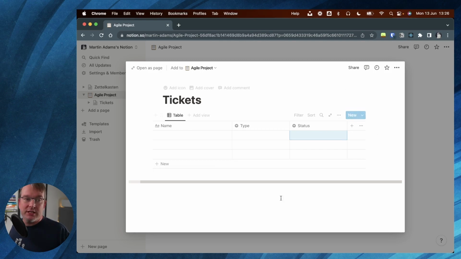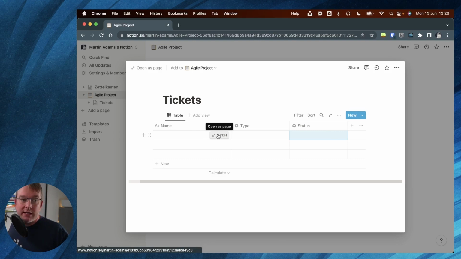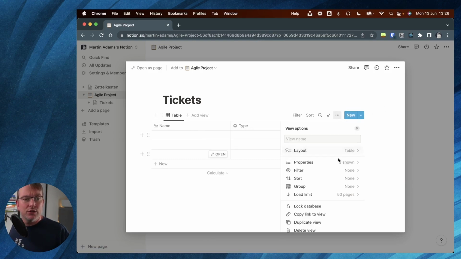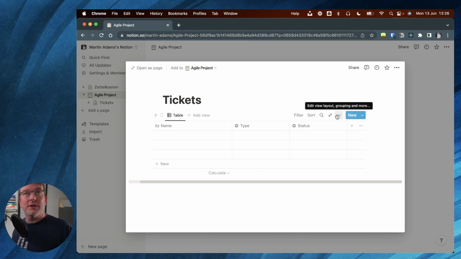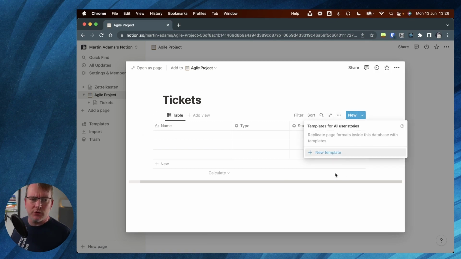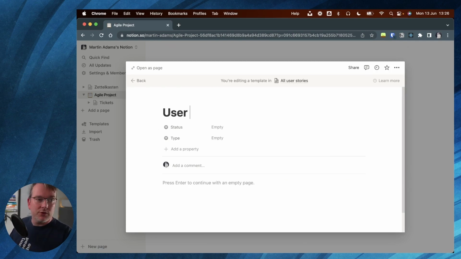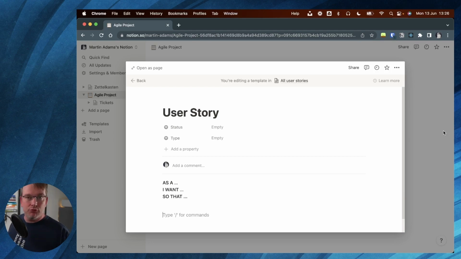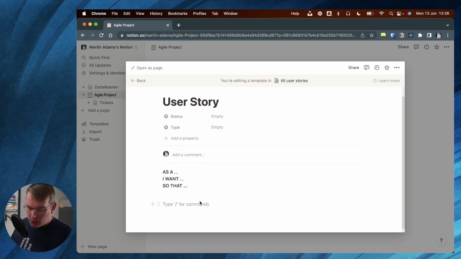And now, before I continue here, this is the very bare bones, let's create a user story template, because what this allows us to do now is we can create a story and say, right, it's a user story. So let's create a new template, and this will be a user story. And here, I might want to just seed in that as someone, I want something so that I get some benefit. Okay, that's sort of seeding in the prompt that I need to put in, and then I will put